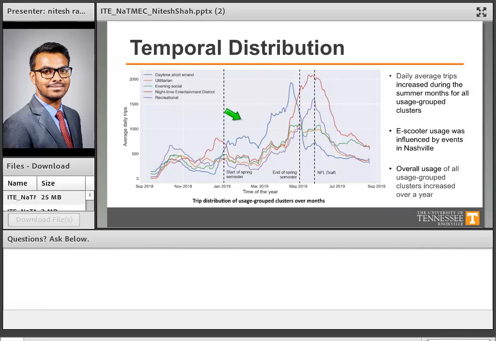First, the daily average trips increased in summer months for all of the user groups. Second, the number of e-scooter trips of each user group was influenced by specific events in Nashville. For example, daytime short errand trips increased and decreased with the start and end of spring semester at Vanderbilt